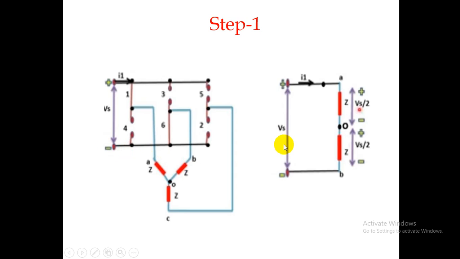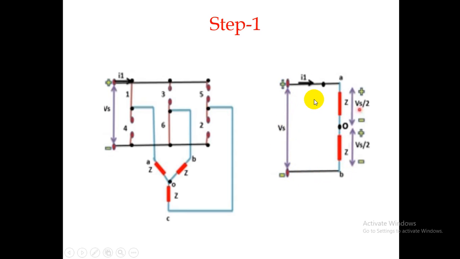When we see its equivalent circuit here, this is the source and the current is entering like this. These are the load points, load terminals. It is entering into A and going to O, then afterwards coming out from B and back to the source, having the closed path like this.